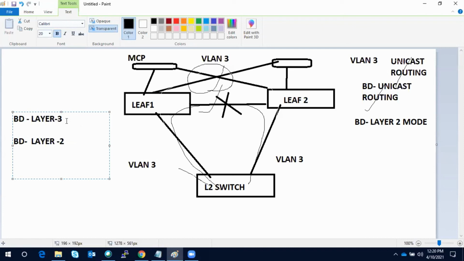When you make your BD a pure layer 2, what are the things you should enable? And when you want your BD as pure layer 3, what are the things you need to enable? That we will discuss in detail in the further class.